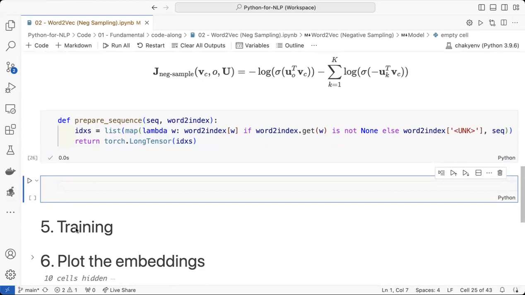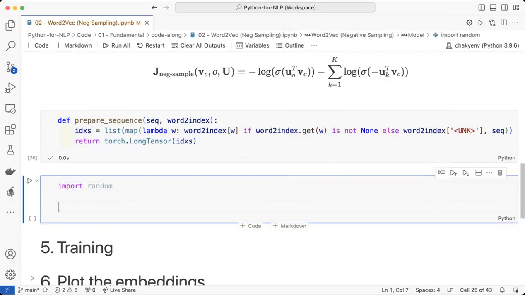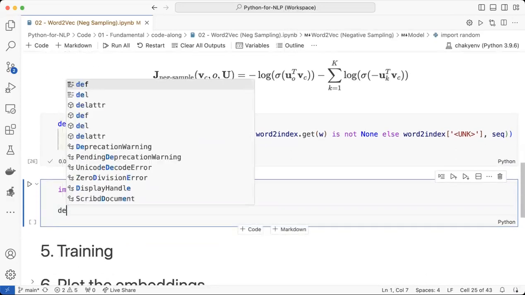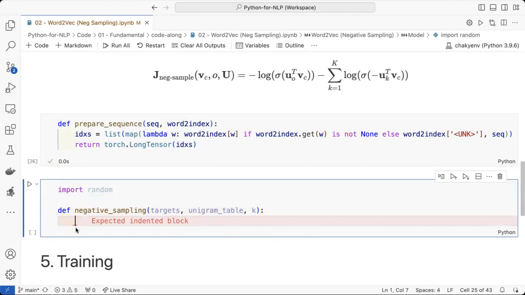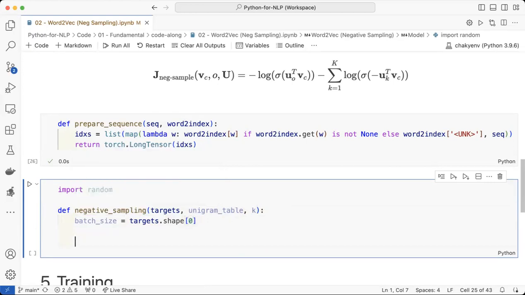All right, so now we can create this function that can draw negative samples. To do this, we have to firstly know what the targets are, so we don't draw any samples that are equal to targets. And then we need the unigram table and how many negative samples, which we're going to use as K. Firstly, we will get the batch size. The batch size will be useful because we want batch size number of negative samples, of K samples. So basically what we want to return is something like